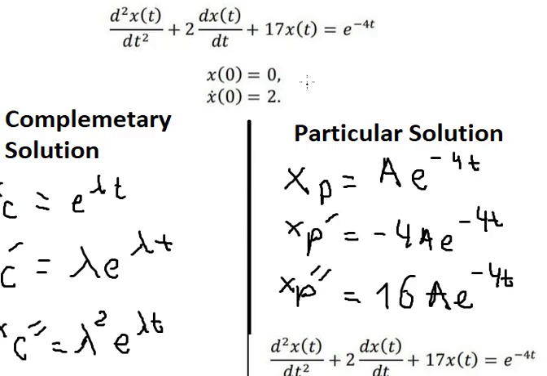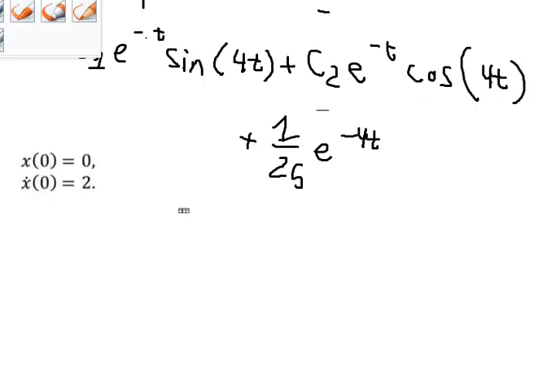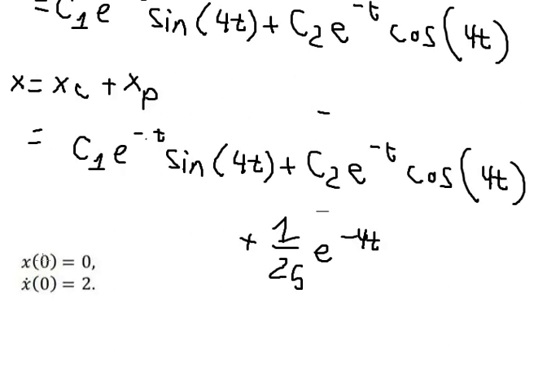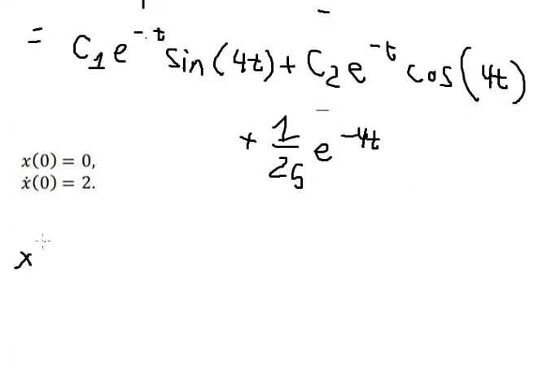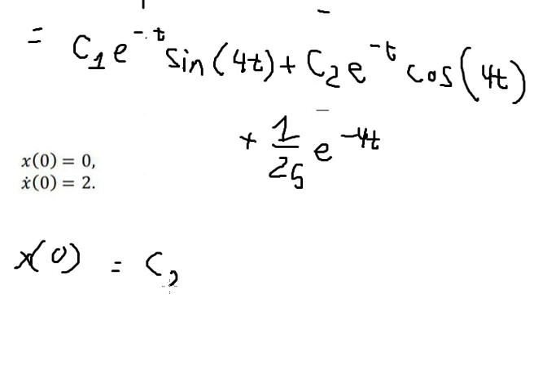Now, for the question, we have the conditions in here. When t equals 0, this one we have 0. So we put t equals 0 going here, here, here, here, and here. So sine of 0 we get 0. Cosine of 0 we have 1. This one we have 1. So we have C2 plus 1 over 25